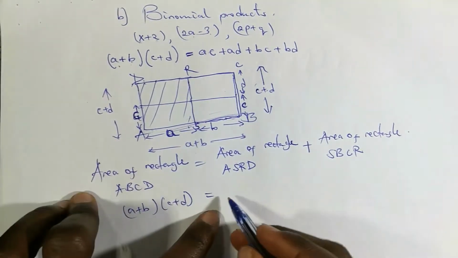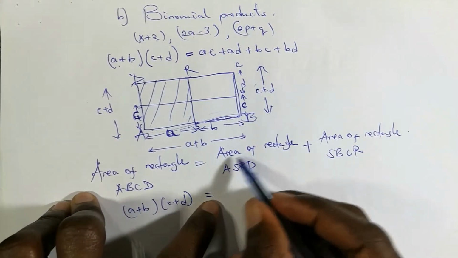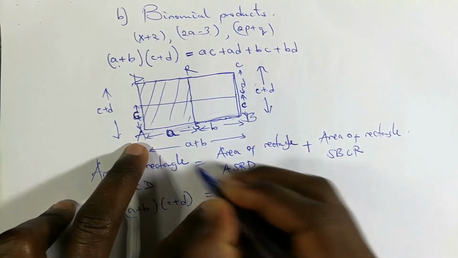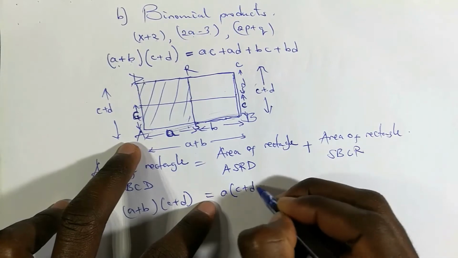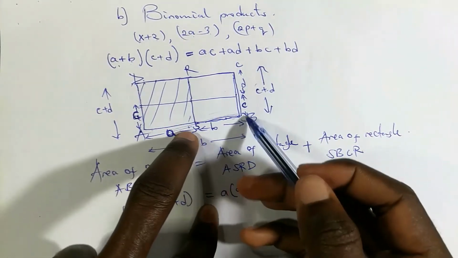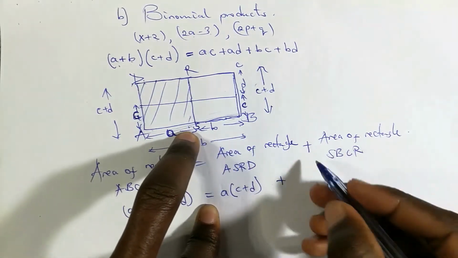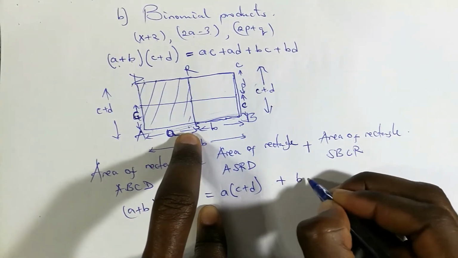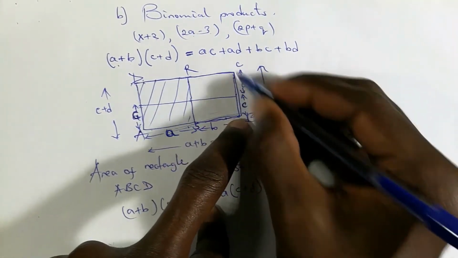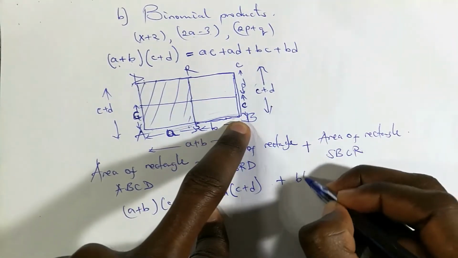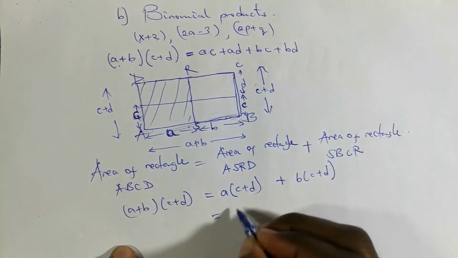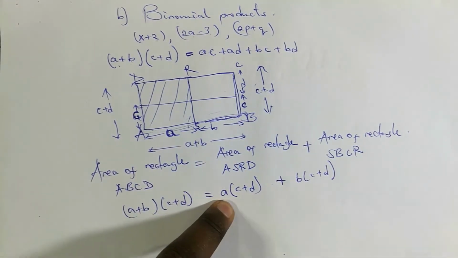So we do have here the area of rectangle ASRD will be the length A into the width, which is C plus D, plus the area of now SBCR, which will be B into also the width, which is C plus D. Now we can expand that, and we see that we have A, from what we discovered before,